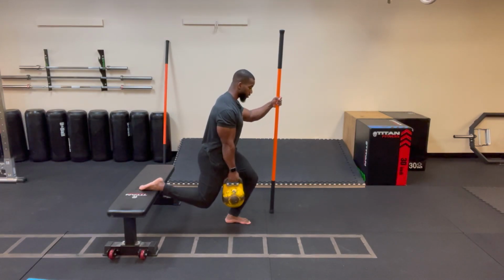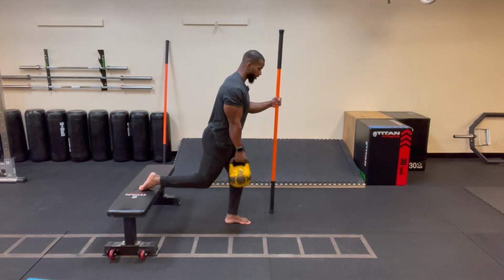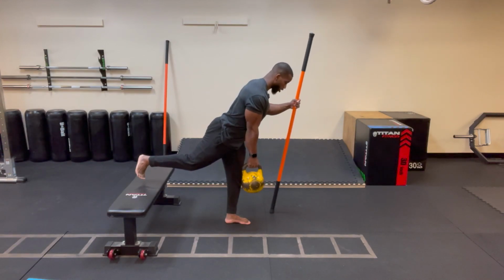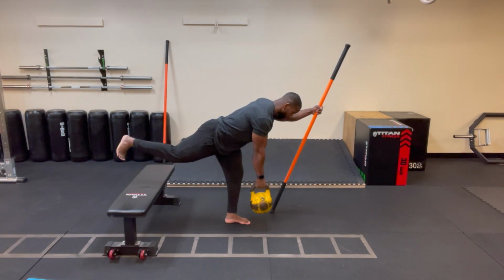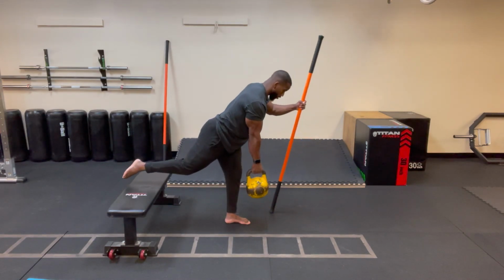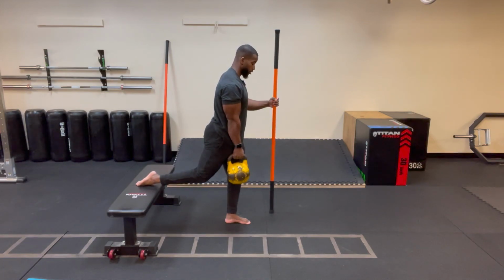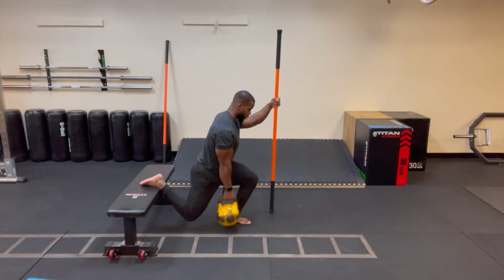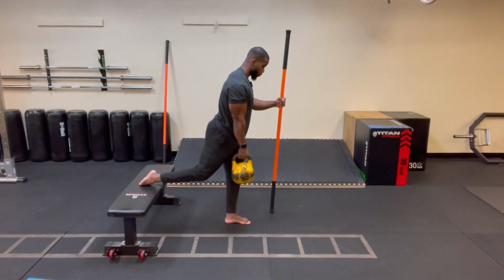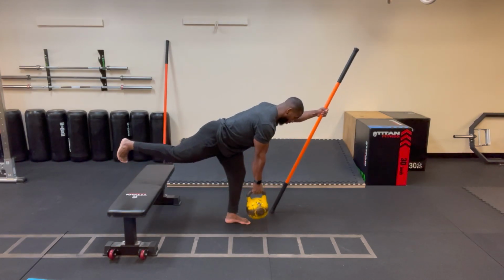I'm going to go down into a Bulgarian, push up off that left leg. I'm going to hover the right foot, go into a single leg RDL, stretching out that left arm. Then back up, bring the foot back to the top of the bench, and we'll go into the next rep. Let's go again. So down, up, then hinge, draw that right foot back,